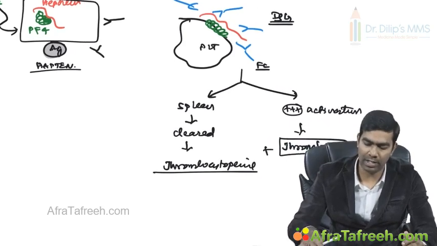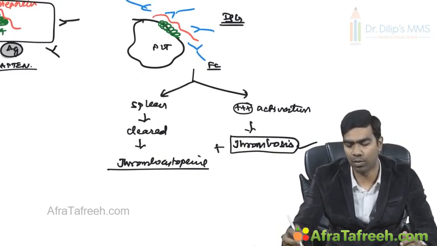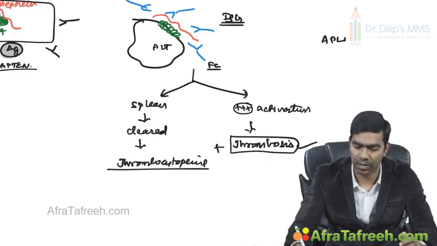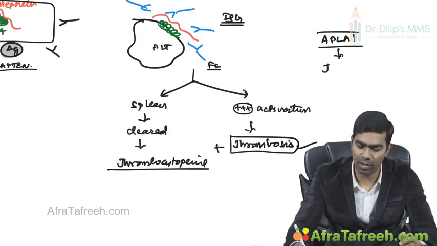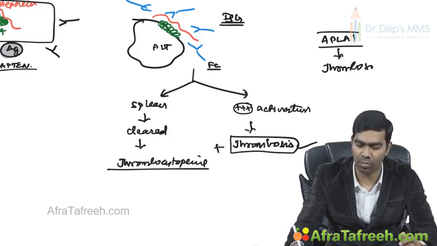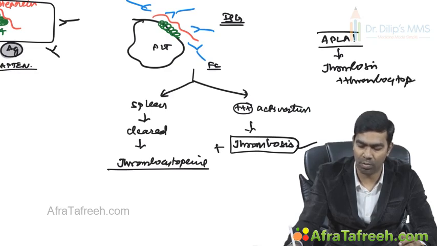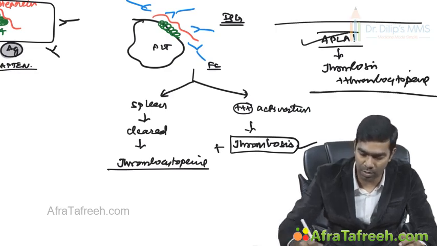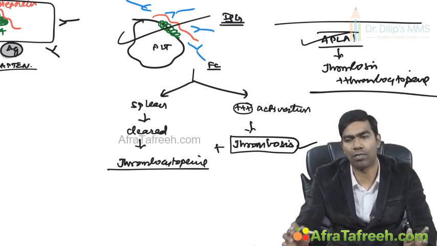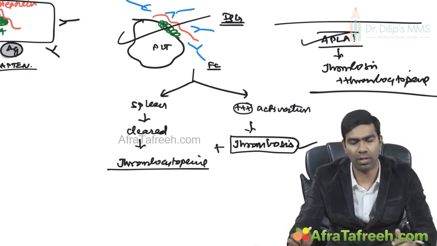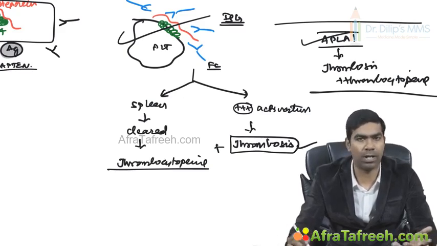Remember, the other condition where you can have thrombocytopenia and thrombosis together is APLA, antiphospholipid antibodies. Whenever you have antiphospholipid antibodies, here also you will encounter thrombosis and thrombocytopenia together. Remember, in exam, whenever you encounter thrombosis with thrombocytopenia, please think about only these two conditions, heparin versus APLA. If you have a history of heparin use, go for HIT. If you don't have a history of heparin use, and typically a female patient